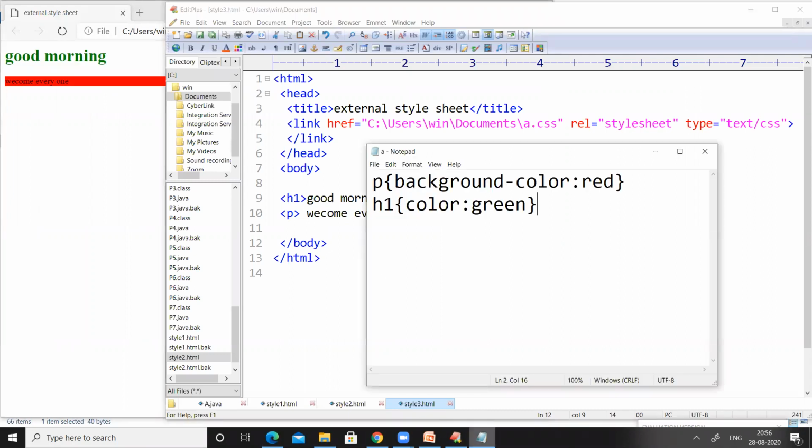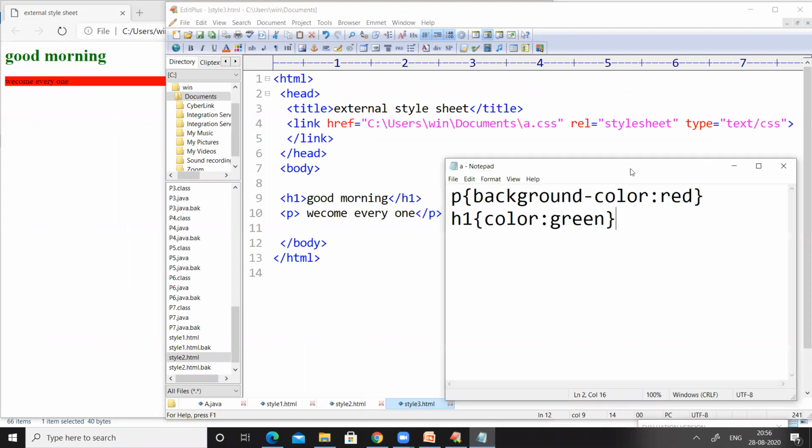Now let us apply one more declaration to H1. The declarations should be separated with a semicolon. Here, my declaration is that I want the H1 size to be 100 pixels.